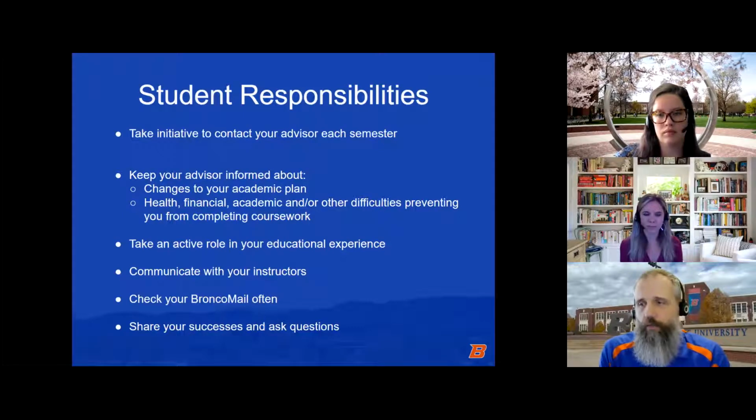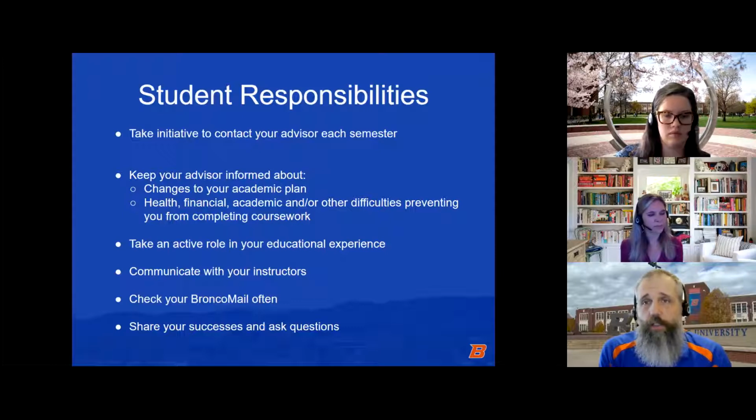They definitely do. And make sure that you are checking your Bronco mail, your new Boise State student email. Make sure you're checking that. If you haven't already, find where that is in your My Boise State login. That is where all the communication from the university is going to go to, including us. We're sending everything to that email address at this point.